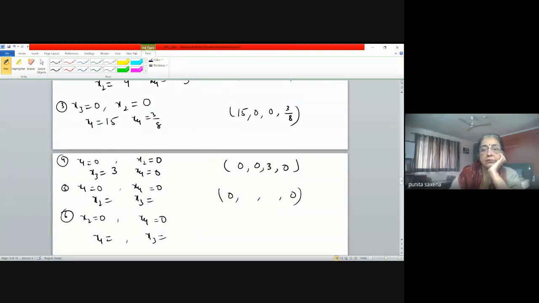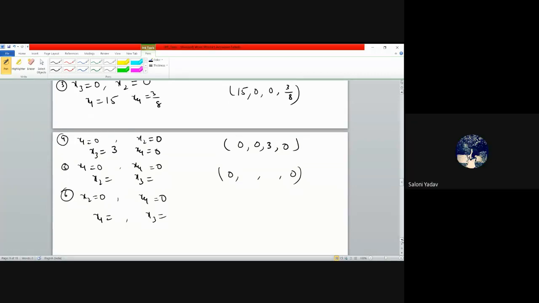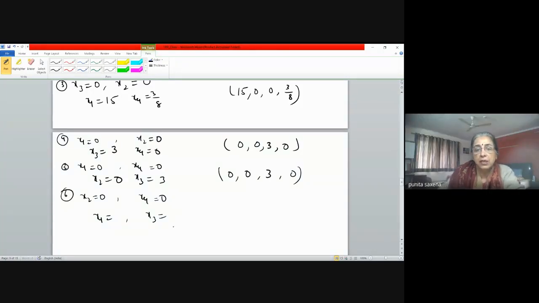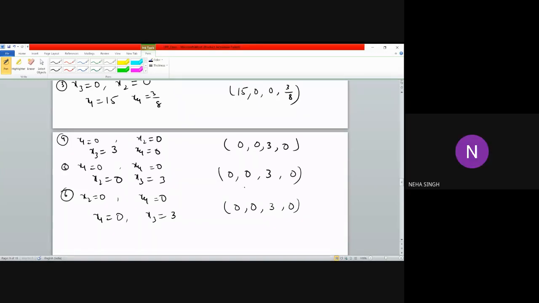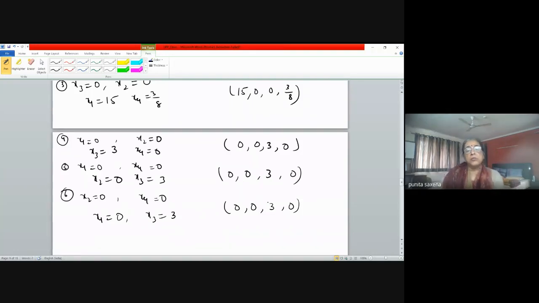मैम x2 0 x3 3। x2 0 x3 3, ठीक है। And now the other option is we put x2 0 x4 0, तो हमारे पास आएगा मैम x1 0 and x3 3। नहीं नहीं, ये यही ऊपर वाला ही आ गया ना, ठीक है, हाँ। नो प्रॉब्लम्स विद दैट।